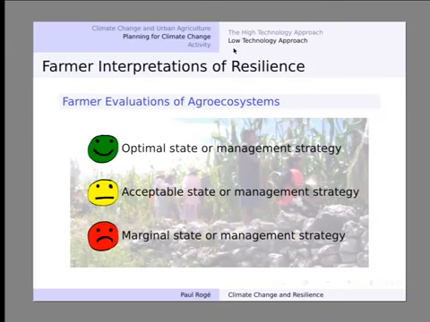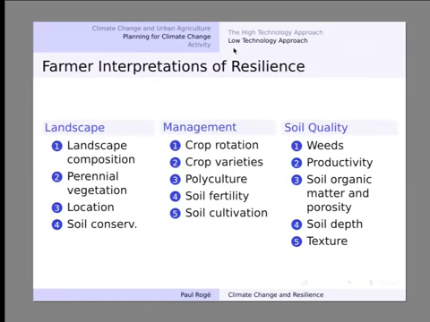We described what conditions meant, whether there's a favorable condition, a normal condition, or a marginal condition. And based on that, we used these facial iconographies to translate this concept into terms that were more easily understood. And then we asked them, what factors influence the productivity of your fields when there's a drought or a flood or some sort of climatic event that's out of normal? And from that, they were able to identify numerous characteristics of fields that play a role in that.